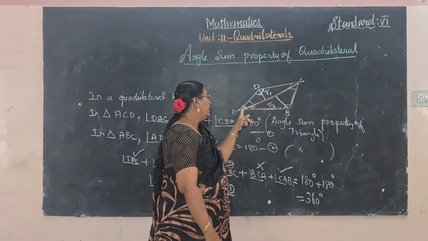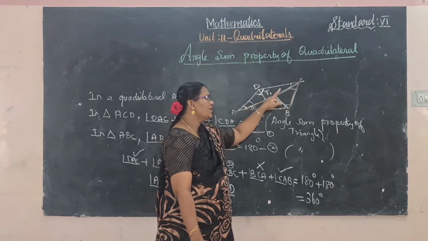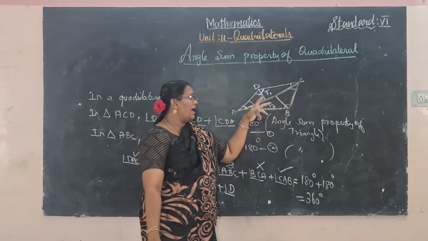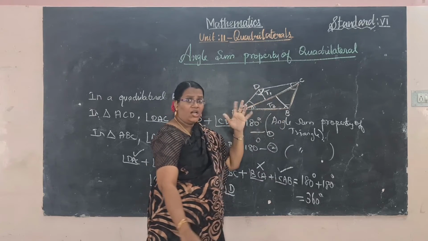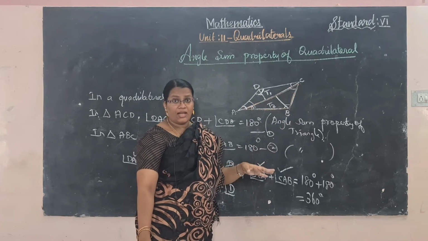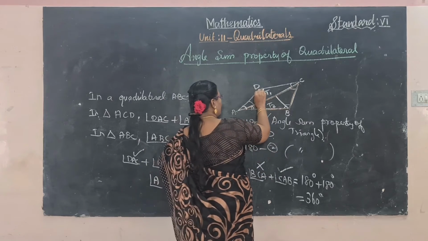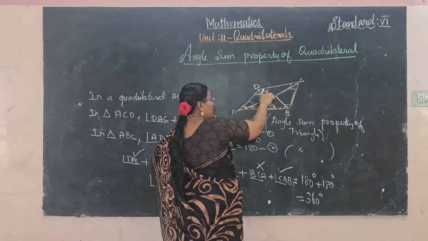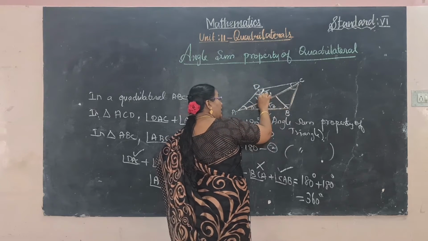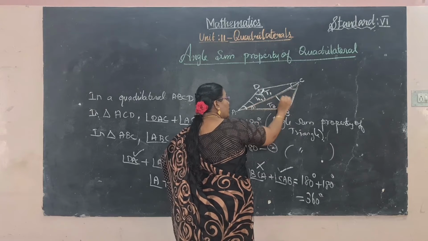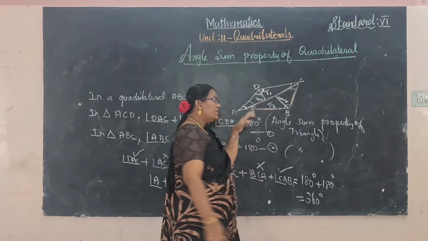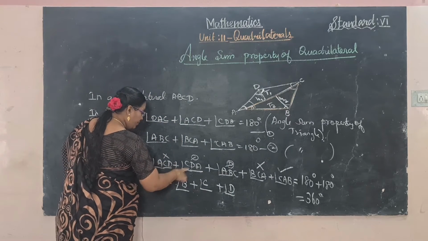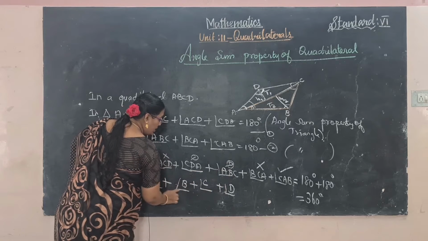The angle A only has two adjacent angles, at the same time C also has two adjacent angles, but B and D do not have any adjacent angles. Okay, so the common angle is only there. This is a height of the triangle. Okay, this line is a height of the first triangle. So height 1, this is a height of the second triangle. Okay, so we have considered this one as D and this one as B.